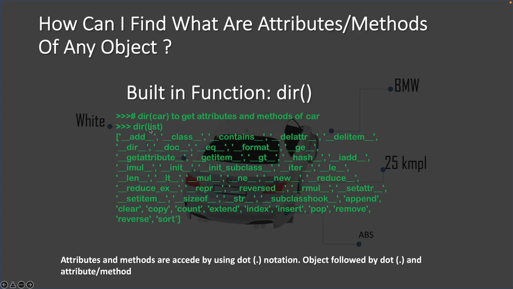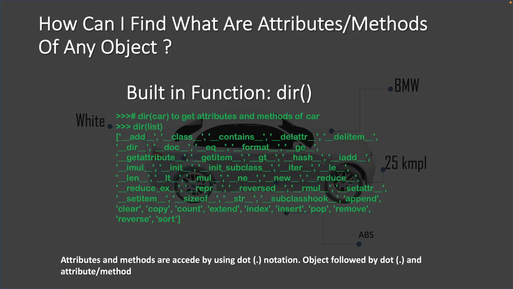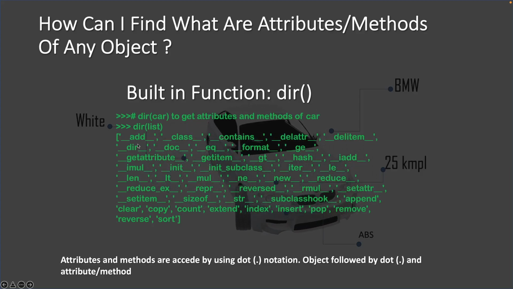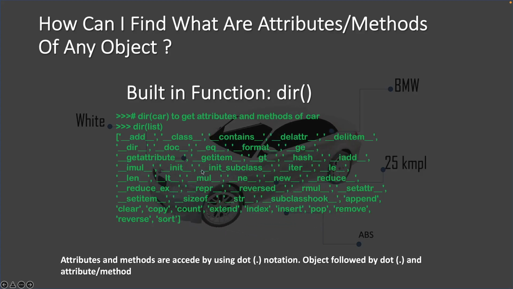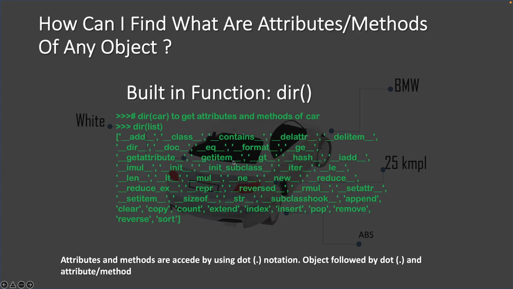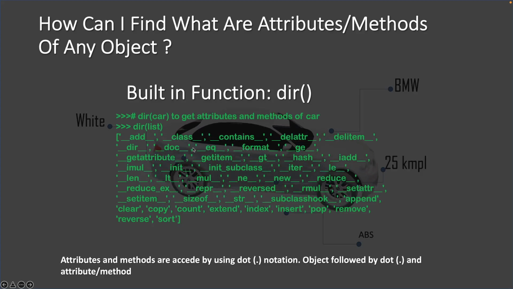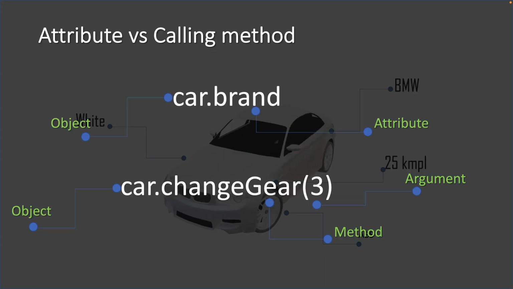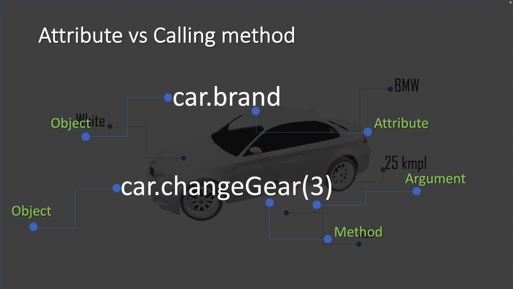So dir of list: list is a built-in data type, and if we use dir of list, it gives us all attributes, which includes both the attributes and methods. Whatever you see here with a preceding double underscore and a succeeding double underscore are called magic methods, and we will see them in future. So let's see the anatomy of